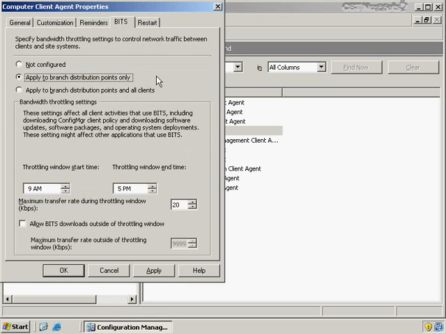Do I want to throttle BITS whenever I'm working, whether to all clients or to clients and branch distribution points? For example, I may want to throttle BITS so that the level of network usage by BITS from 9 a.m. to 5 p.m. is throttled down so that it's not going to impact my network connection between here and the low bandwidth connection to my